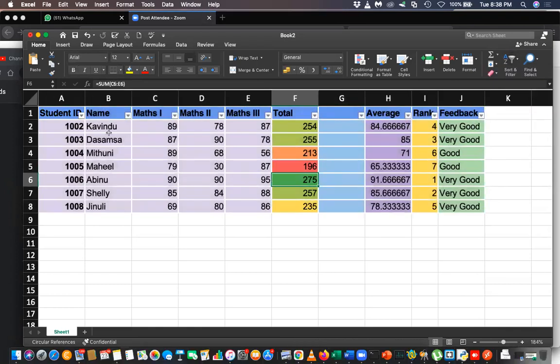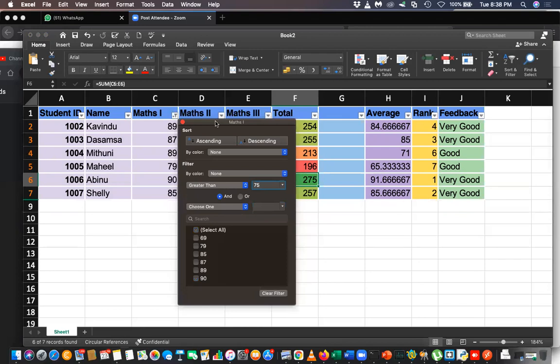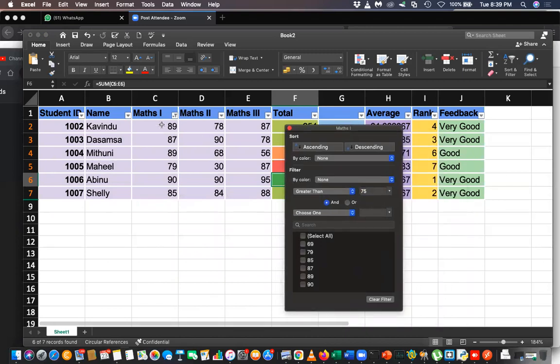Then, for example, when you need those who got marks greater than 75 for mathematics, you can click on this and you will get all the students who got greater than 75 marks.